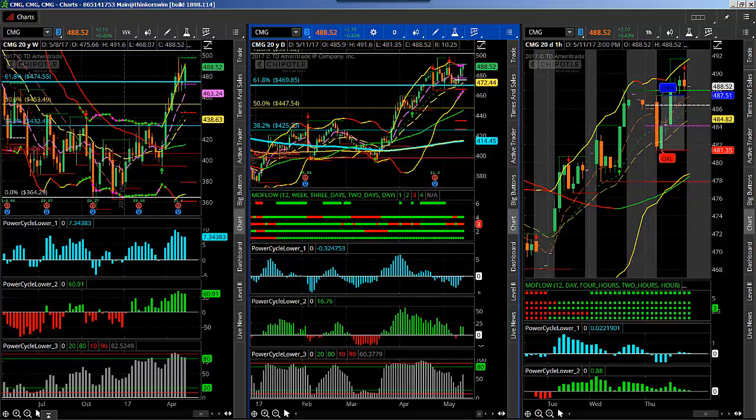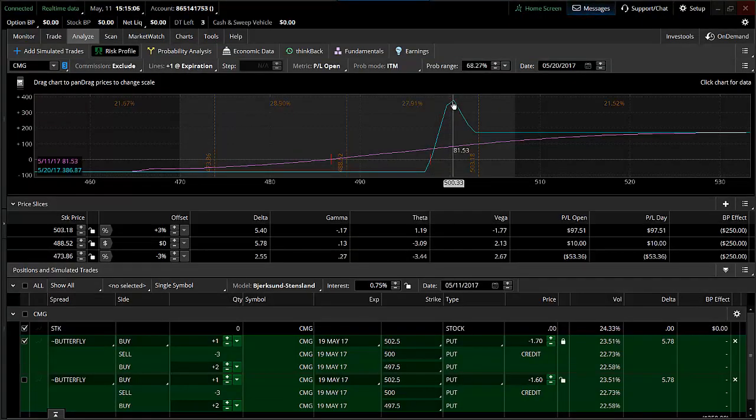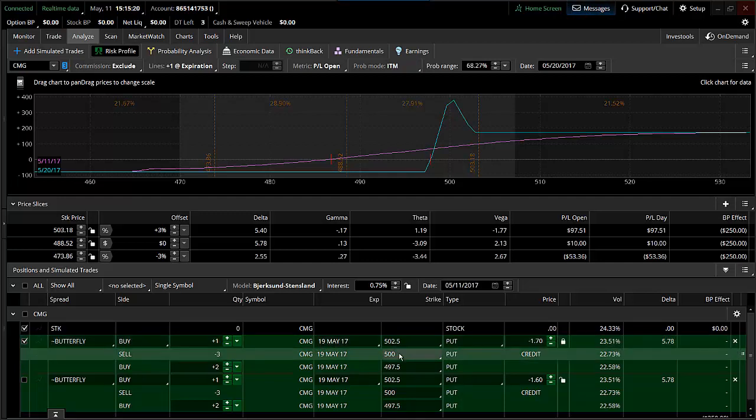So this is what it would look like. So we set this up for a price target to 500 right up here. Now if it was to go out at 500 next week, next Friday, this could make over $400 profit per spread. So this is a May 19 series, so we did a put ratio butterfly, the 502.5, 500, okay, then